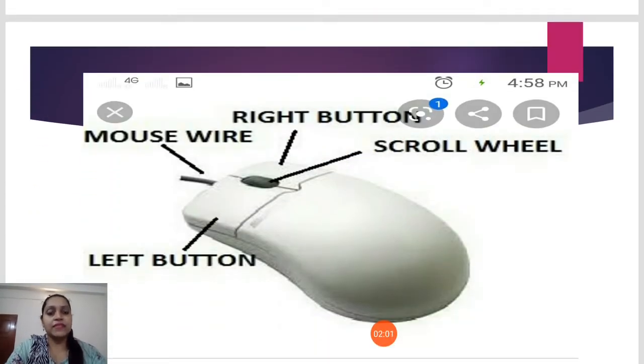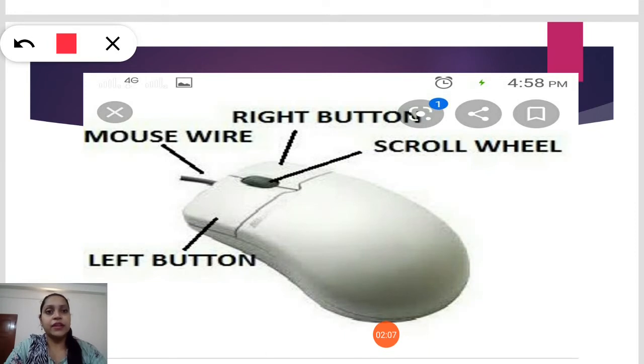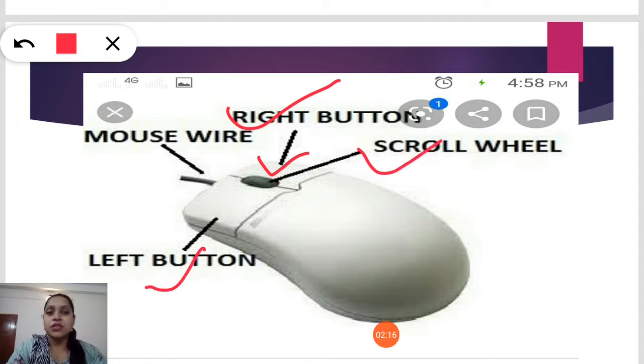Now let's see what are these parts. Okay, now you can see here children the parts of a mouse. Here you have the right button, this is the right button. The scroll wheel, this is the black color one, is the scroll wheel. Then the left button, and also a mouse wire is present, the wire which is connected to the computer. Now this mouse is connected to the computer, and how?